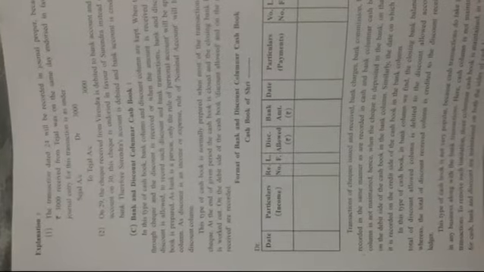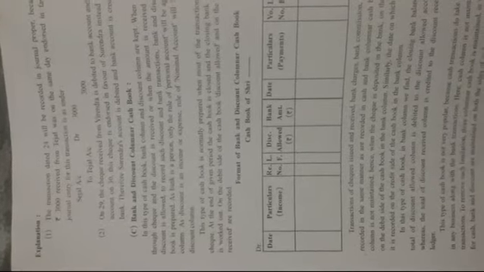As bank is a person, it is a personal account. Bank is considered a personal account, so only the rule of personal account will be applicable to the bank column. For making the entries for the bank column, the rules of personal account will be applicable, whereas as discount is an expense or income, that's why the rule of nominal account will be applicable to the discount column.